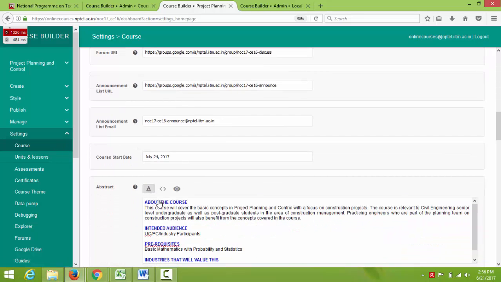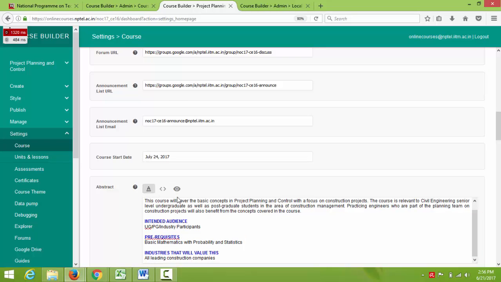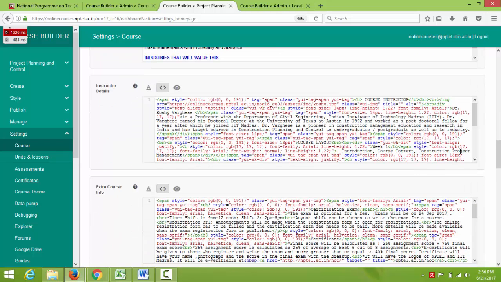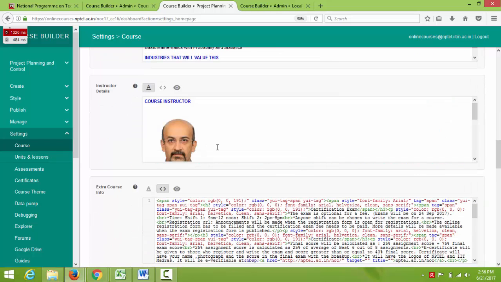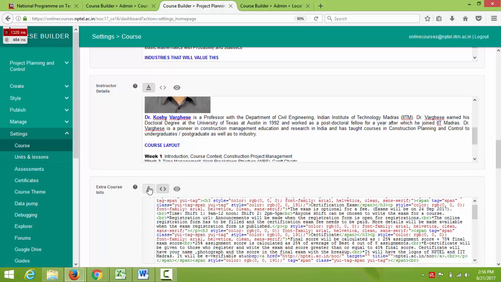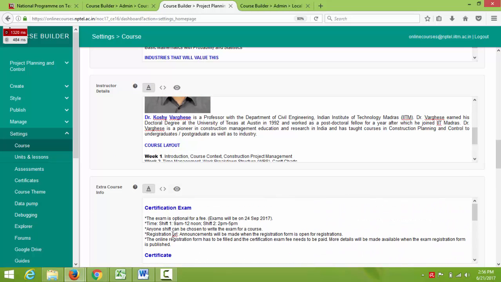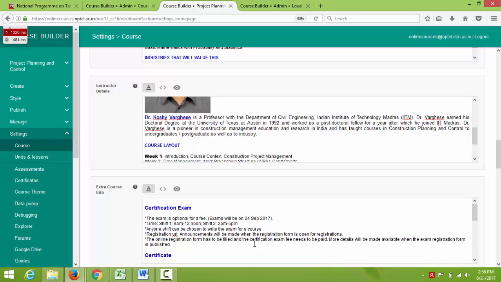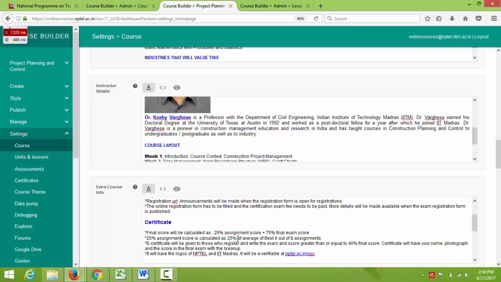Here there will be three tabs: this is a text version, this is the HTML version, and in the third tab you can see the preview of the content whichever you have uploaded here. So here you can make the changes of your content. Basically we will be giving all the details for the exams and the basic course details here. You can check the course details here, and in case you find any mistake, you can change it over here.